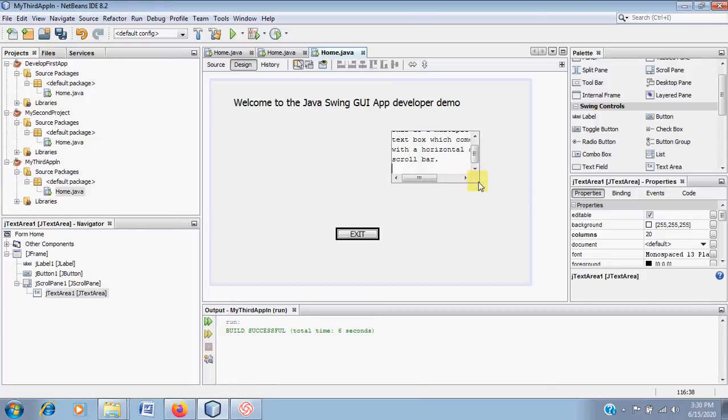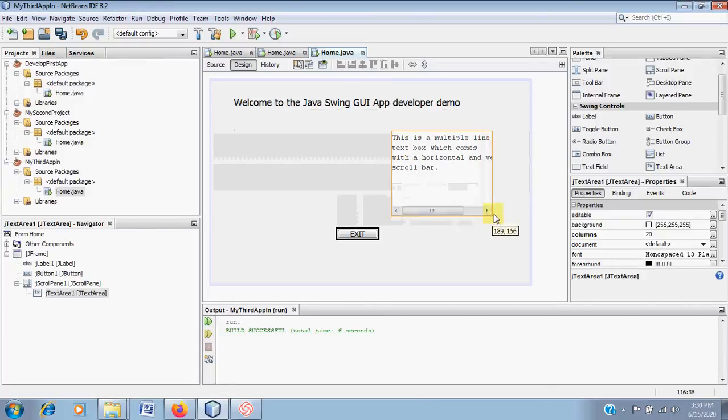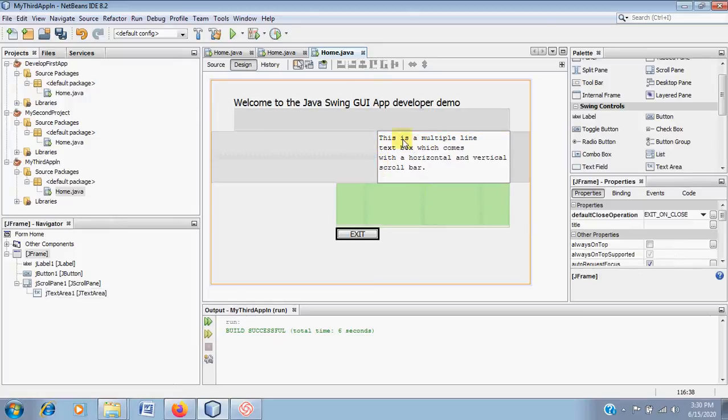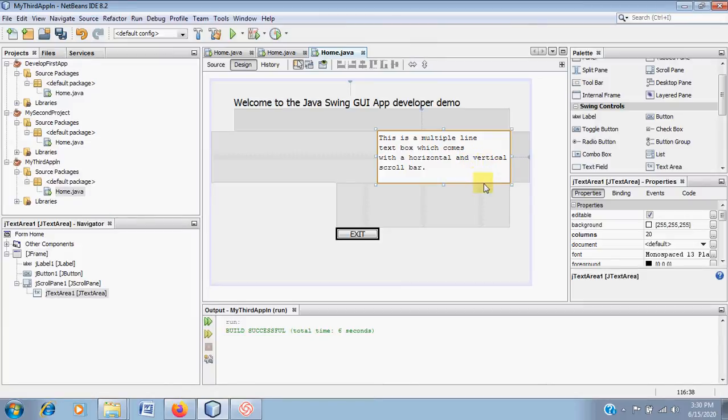Now if you want, you can increase the size of this text box. So this is for multiple lines of text. If you have multiple lines, then you have to use text area and not label. Label is for a single line and this is for multiple lines, because if you have multiple lines you also have to scroll down or up to see what you have typed there. So now let us run this program.